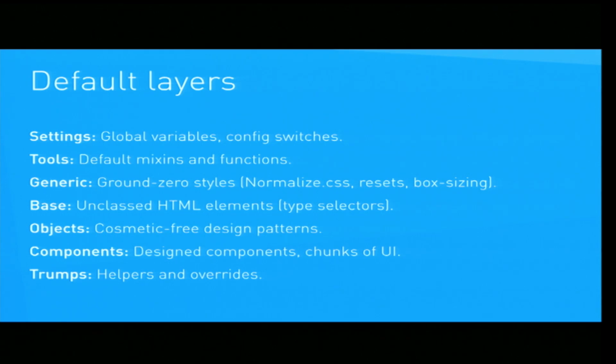Tools, so default mixins, helper functions, that kind of stuff. Again, globally operating, globally available, they come next. Generic, I call them ground zero styles. These are kind of styles that prepare your project for actually doing some work. You've got a reset in there, you've got normalize.css, perhaps you've got global box sizing. These affect a lot of the DOM, but they're very low specificity, so they come into the third layer of